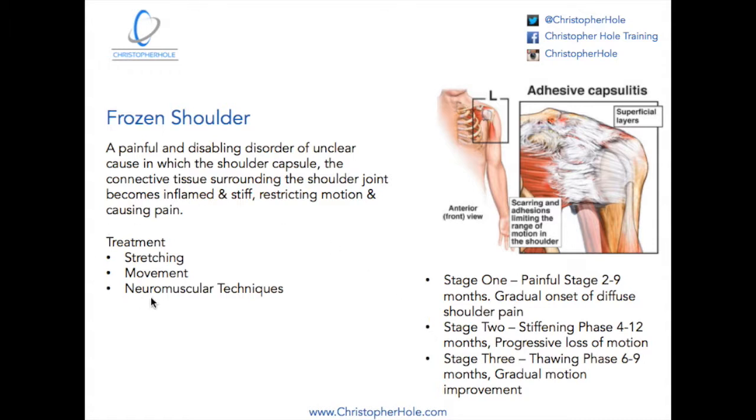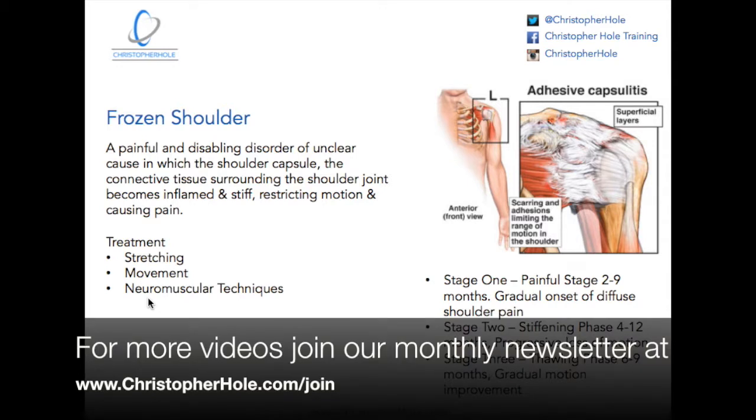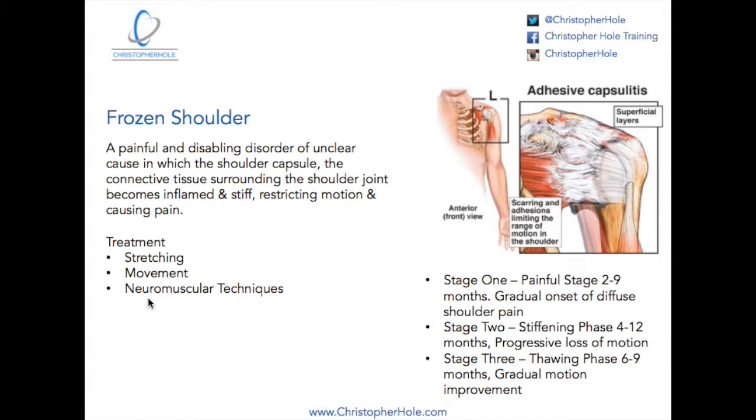And on that note, when we talk about treatment, we would be looking at stretching. We would also be looking at movement, which would obviously to a degree involve stretching. And then if we're talking about massage, there's neuromuscular techniques. Now they're just simple techniques of different pressures at different times. So it's very much dealing with the stiffening, with the inflammation, by delivering more blood to it using the massage, but then also developing that with a variety of stretching movements and just everyday movements, making sure the shoulder is